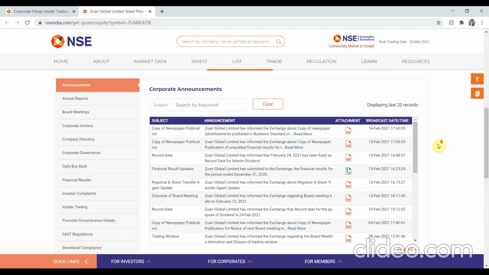Okay, so we would be checking four things. The first one would be the shareholding of promoters. It should be greater than 50% or at least equal to 50%. Second thing, there should not be any selling in the recent 6 months by any institutional investor or any promoter or promoter group. The third thing we would be checking is the pledging of shares in this particular company. That should be 0% according to our rules.